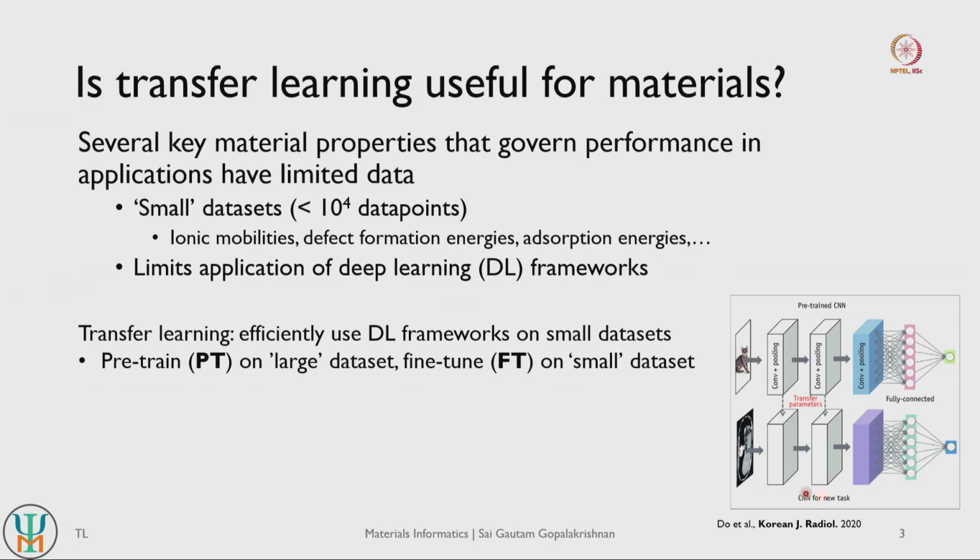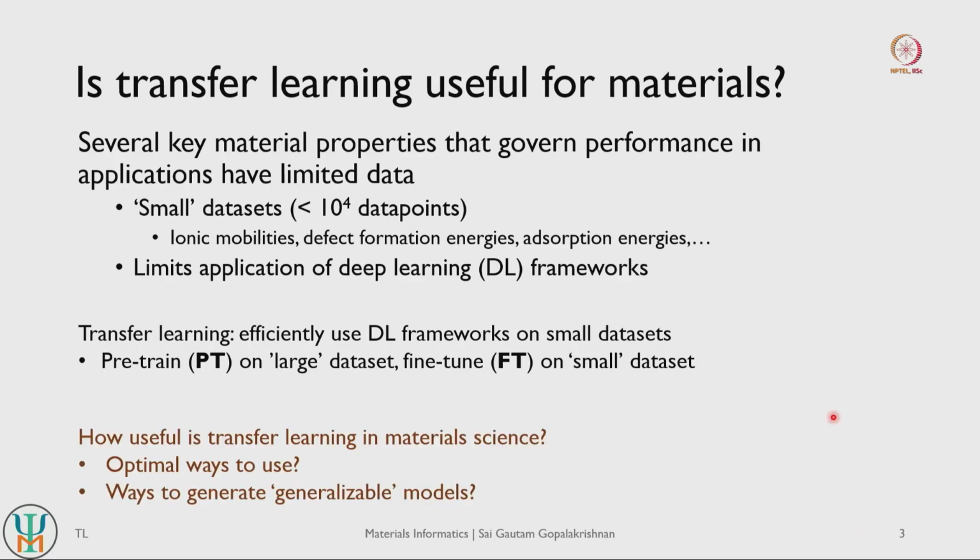So your network has now learnt on a fairly small data set, and your network will be more accurate and more transferable than the case where you would have trained the entire network from scratch on this target data set. So this idea of transferring knowledge from one set of training to a different set of training is what is referred to as transfer learning, right. So transfer learning is a fairly well established technique in vision problems.